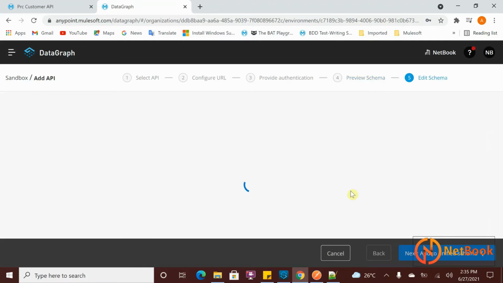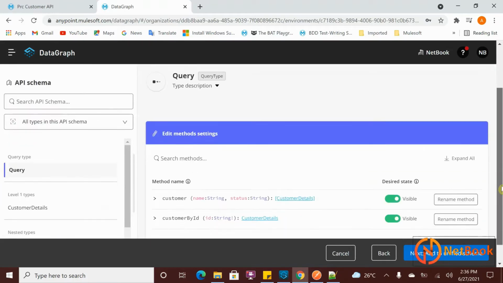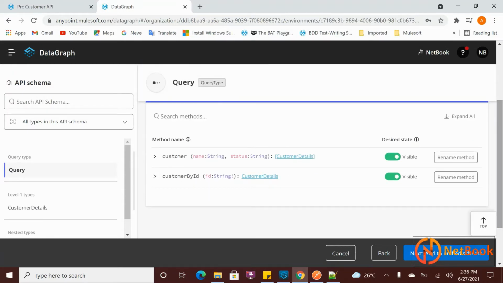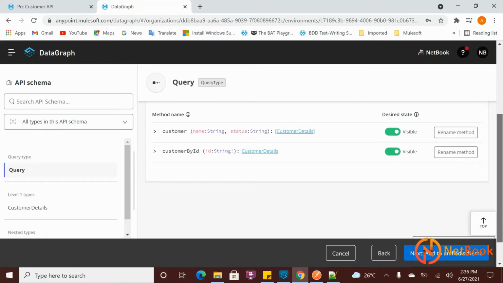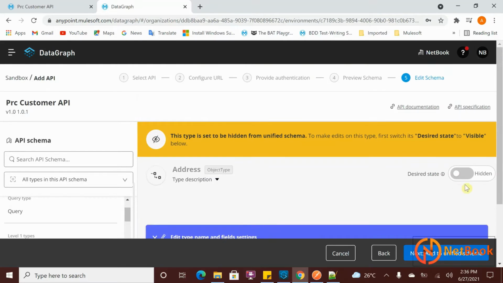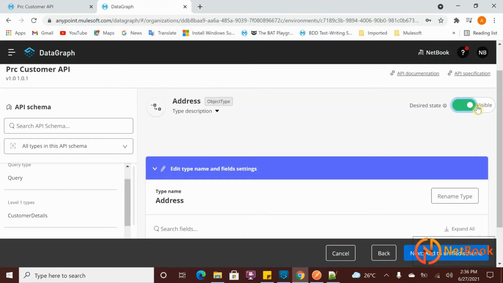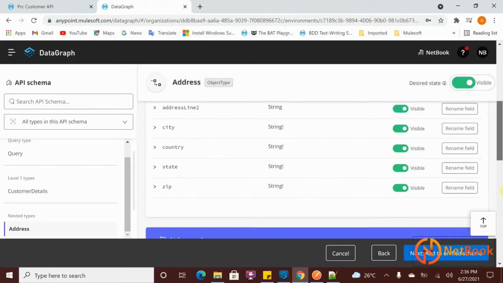Click on next to edit the schema, in case you want to rename the data types, or if you want to link these data types with any existing data types, or maybe merge with existing data types, then you can do that over here. As well, if you don't like to expose your data to the consumer, then you can select hidden over here. Okay. So now I'm going to select address over here and see its desired status is hidden. I want to make it visible. I want to expose this data to the